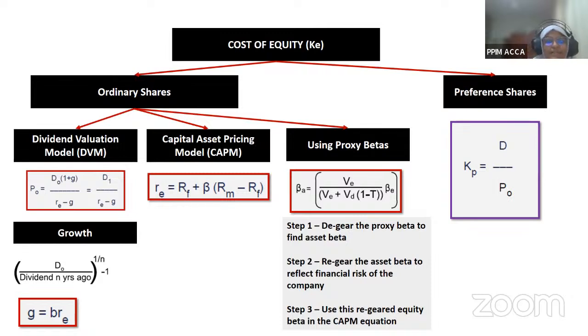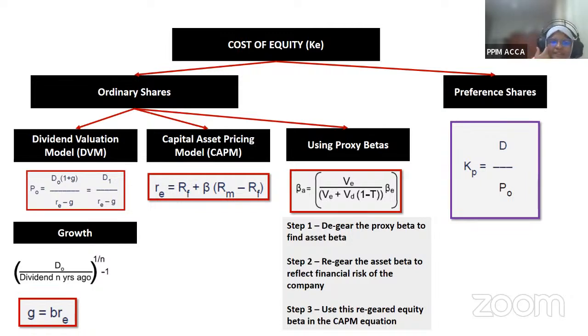Okay, but still we need a percentage, because only then we can use it for NPV calculations, for example. So we need that percentage. How do we calculate it? There are three ways in which you can calculate. In fact, two main ways. The third one is just another area.